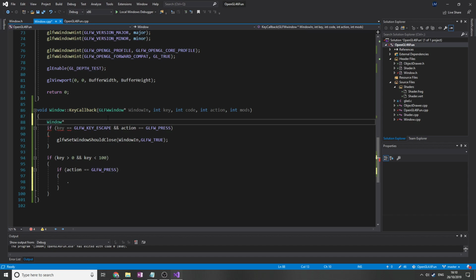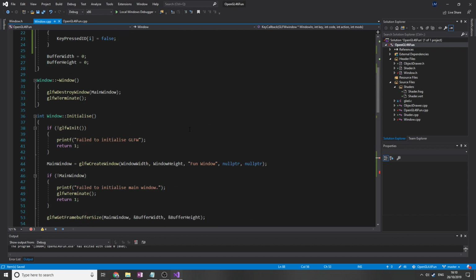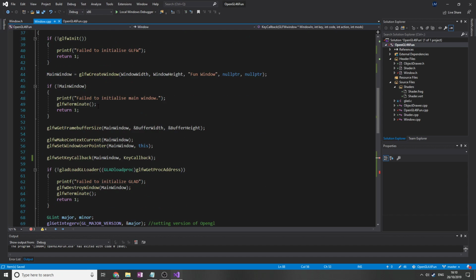So window pointer to, what should we call it? Let's call it window in, as in like an alternative, equals, and then we want static cast of type window pointer, and then window in. Nope. Invalid type conversion. What about, right, let's have a look. We got